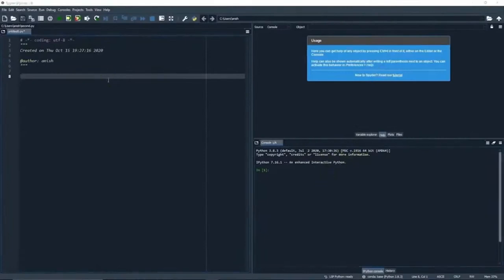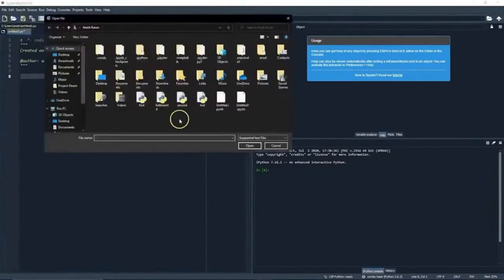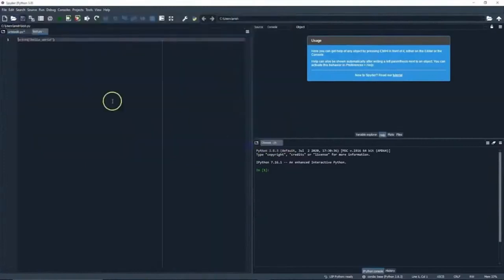So now that we have already created our script in Notepad++, I want to open that script and see what the result of that script would look like in an IDE. So let's just open it. We can browse for our file, and as I had named it test, this is the file over here. I open this, and as you can see out here in the left-hand pane, my script has opened, and the command that I had written is over here.